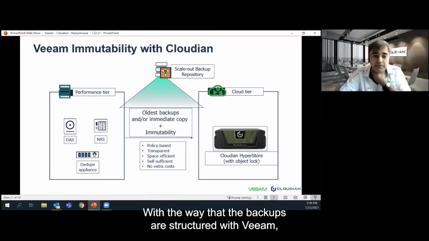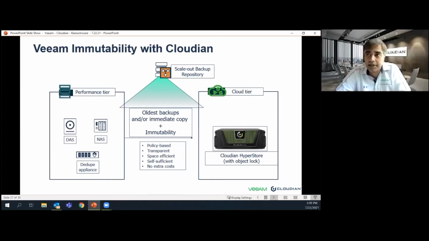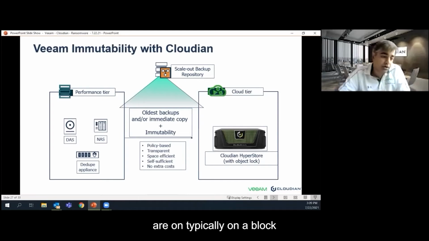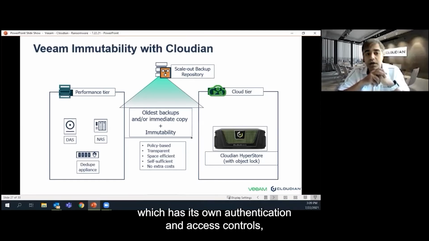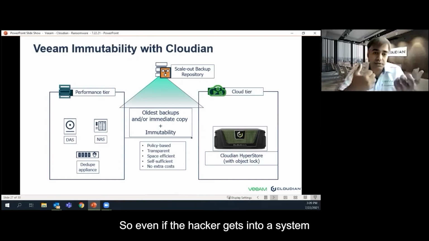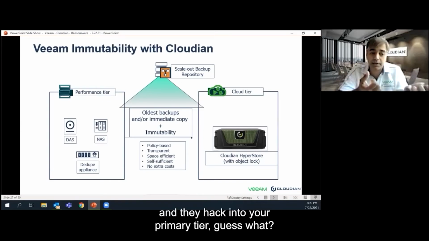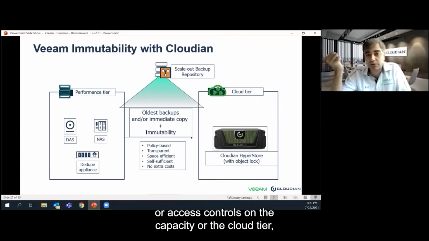With the way the backups are structured with Veeam, your performance tier and your primary data tier are typically on a block or file-based storage system, which has its own authentication and access controls, and your backup is on a completely different network. So even if the hacker gets into a system and they hack into your primary tier, guess what? They haven't hacked through the authentication or access controls on the capacity or the cloud tier,